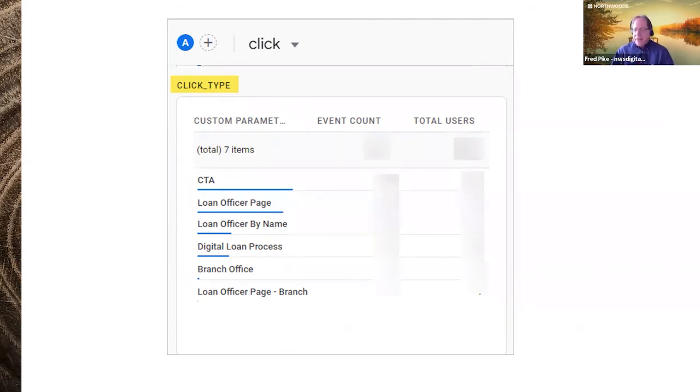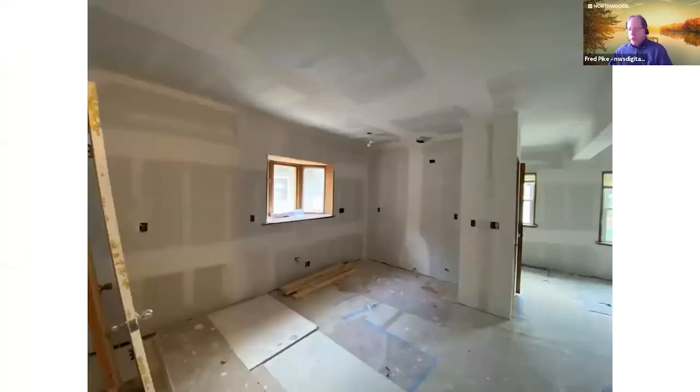So that's giving us, without having deep developer skills, as long as we have access to the back end, the ability to do a lot fairly simply in GA4 to track this particular meaningful user interaction, and break it down into the different categories. That is so cool, I think. That's a really nice feature. So moving forward,